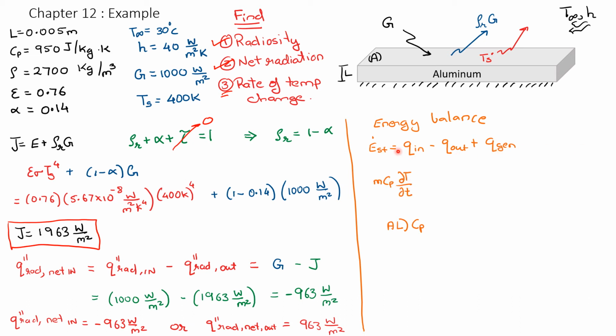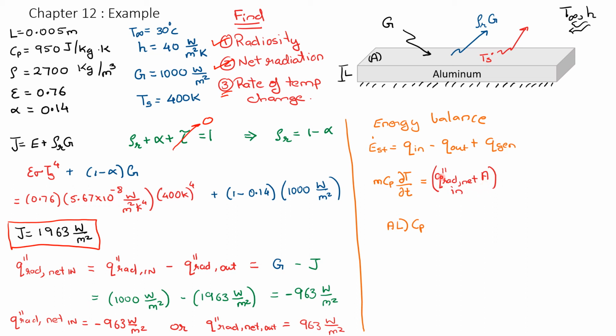We don't have any Q gen, so our E dot st will be m, that's the mass of aluminium, into Cp specific heat into dT by dt, equals Q in, which will be Q double prime rad net in multiplied